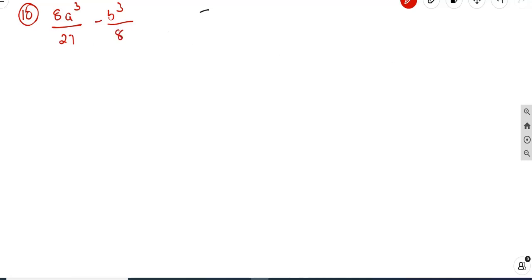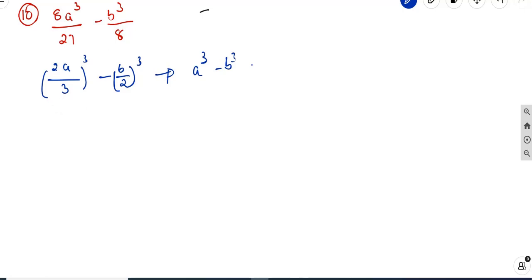If you see this problem, we can rewrite it as 2a divided by 3 to the power of 3 minus b divided by 2 to the power of 3. Now this is in the form of a cube minus b cube. Now if I apply this identity,